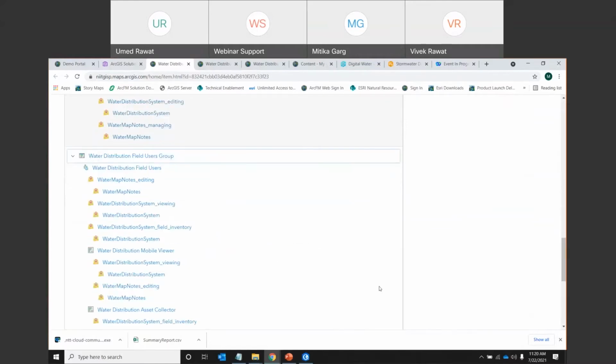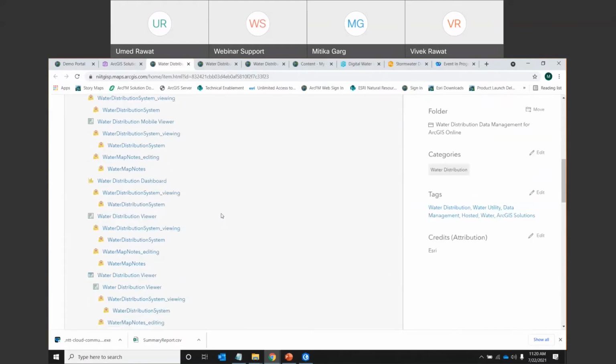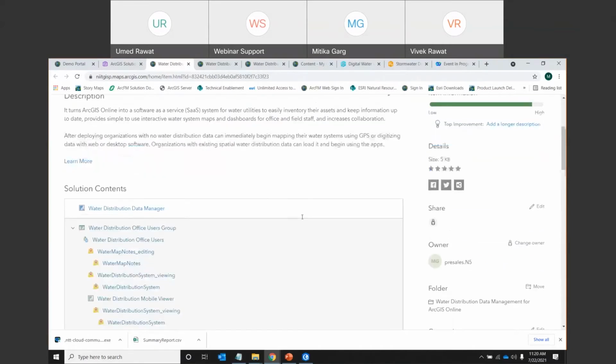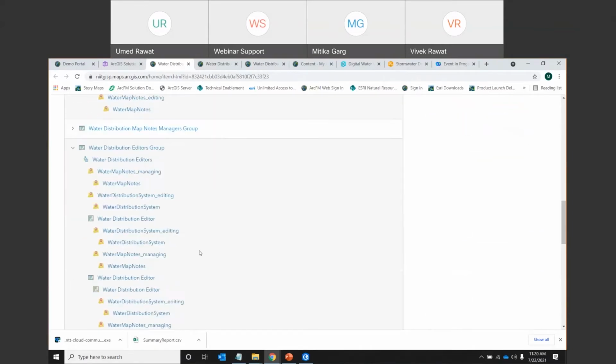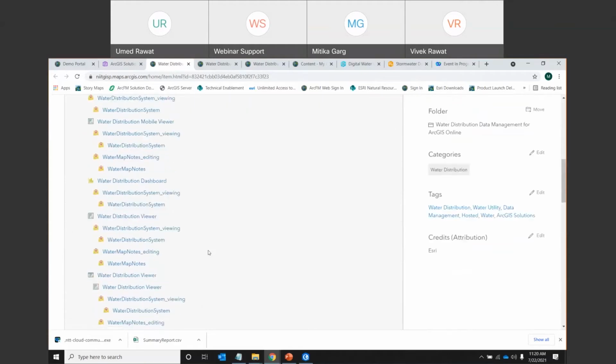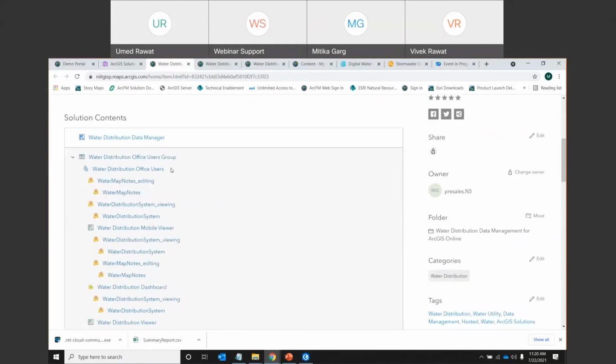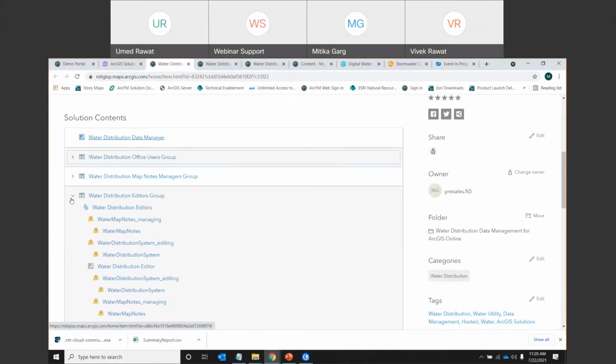The utilities who are starting their business, or who are starting with GIS, would like to collect data. So they can enable their field users with our out-of-the-box field apps, which are part of this, like ArcGIS Field Maps, which I was telling you about. You require ArcGIS Pro and the ArcGIS field app. If you do not have any data, you can take these applications and collect the data. For more accuracy, we can have an additional GPS or GNSS receiver attached to the devices also. And if a utility already has the data, using the data manager they can upload the data.